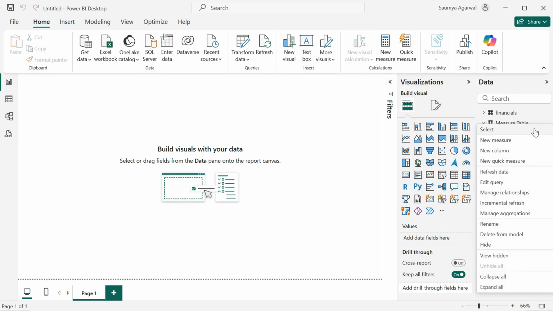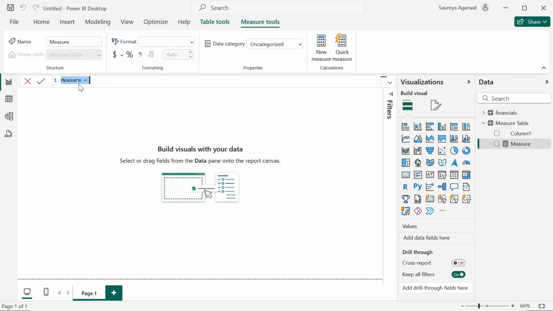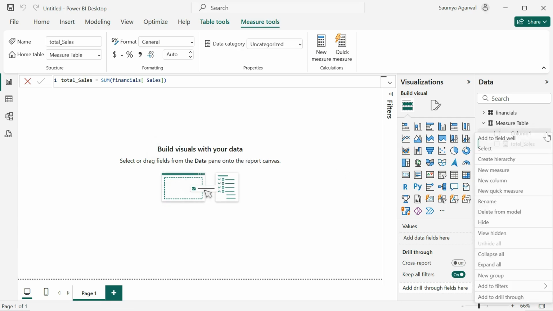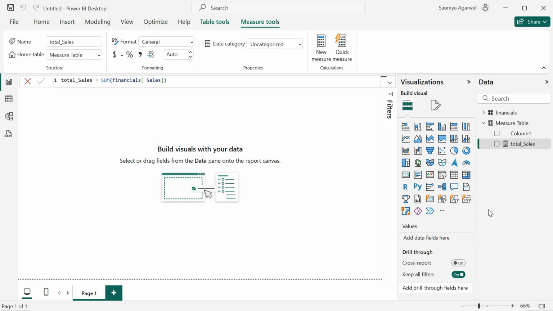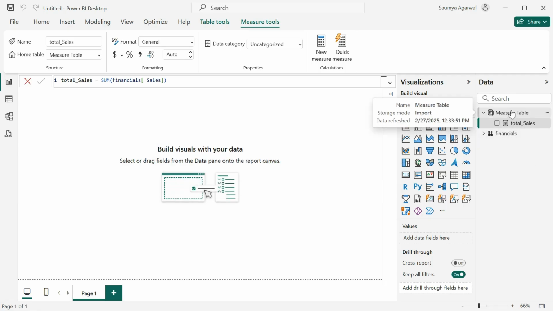Start creating some column or measure here. Let's say I am creating for total sales, that is for sum of sales, and then you can delete this blank column. Now you are ready with your specific table for measures, and you can continue creating all your calculations into the